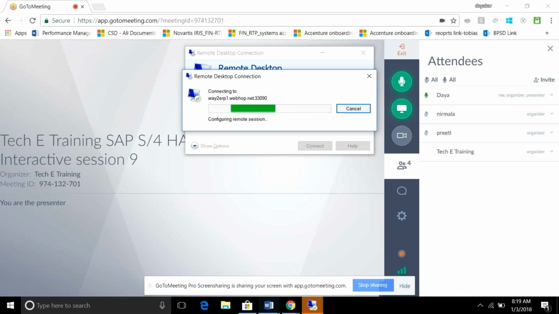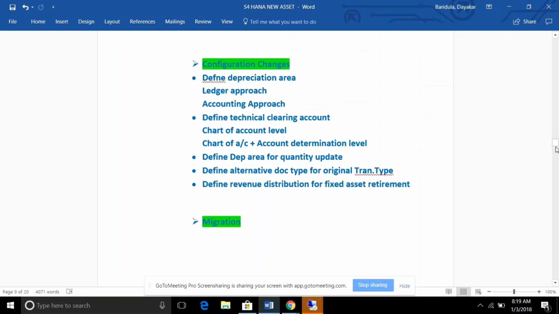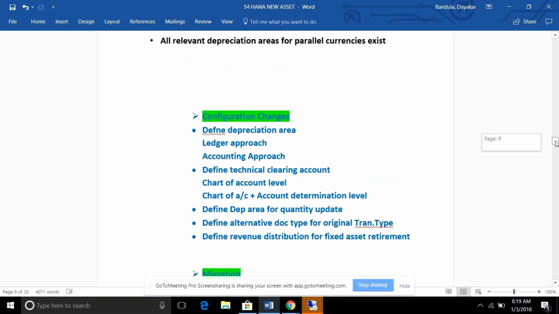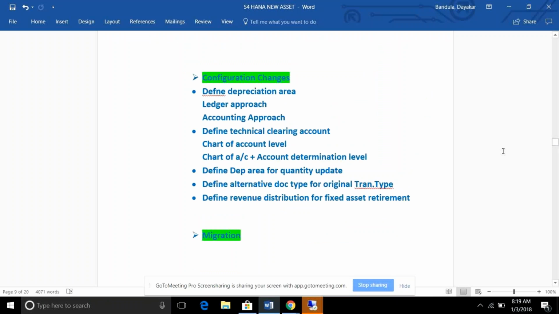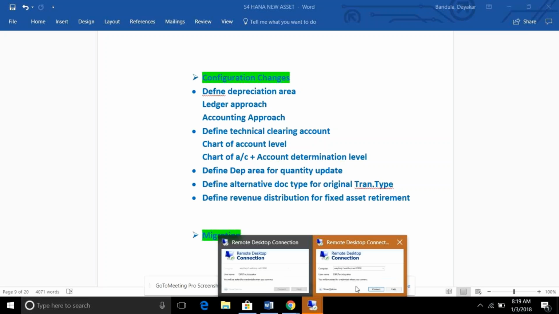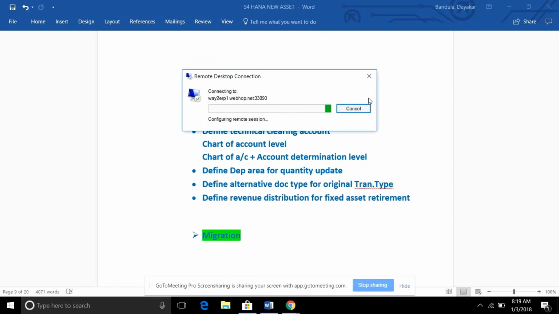Okay, fine. Anyway, I'm not able to open the system today, and we will try to resolve all those things by tomorrow, or I will use my server. My server is also not working today, so let's do it tomorrow. But meanwhile, I will try to cover other topics as well.